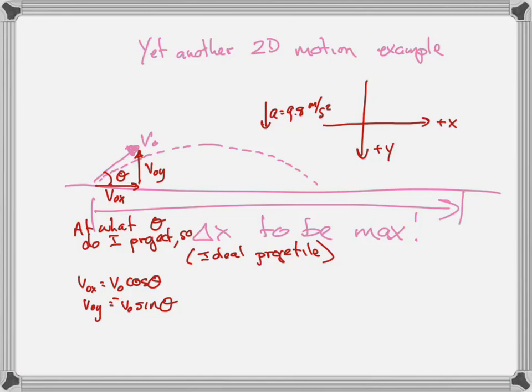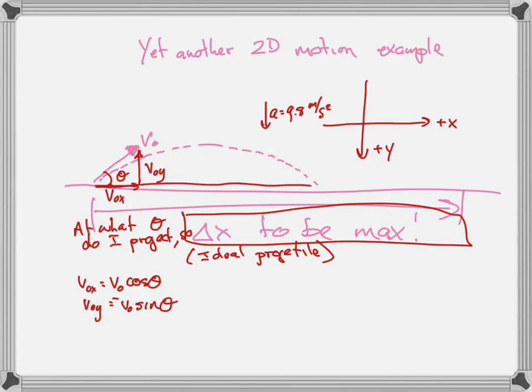Delta x is what we're solving for. No, delta x is not what we're solving for. All we know is that delta x needs to be a maximum. Okay, but anyway, it's going to go some distance delta x, and it's going to go some distance delta y. Is it going to go some distance delta y? Well, if we're asking for the maximum